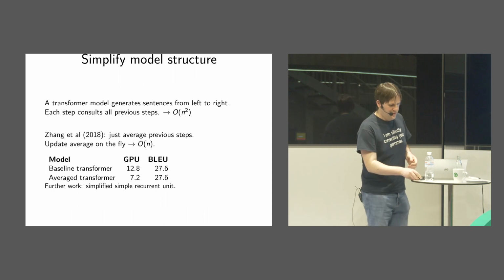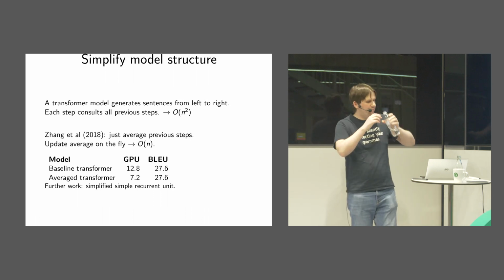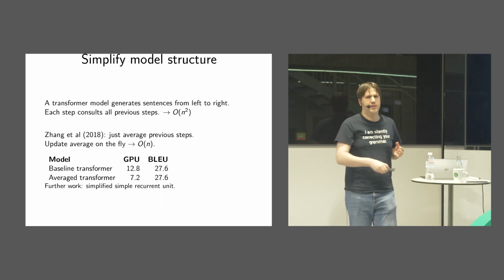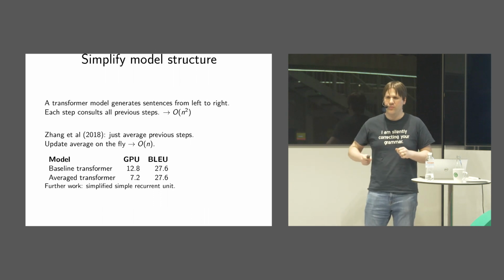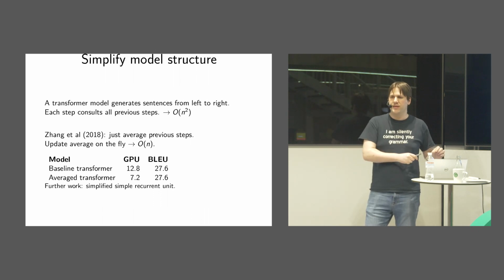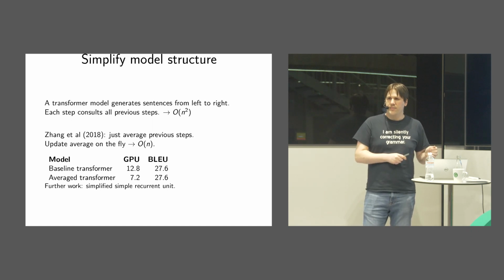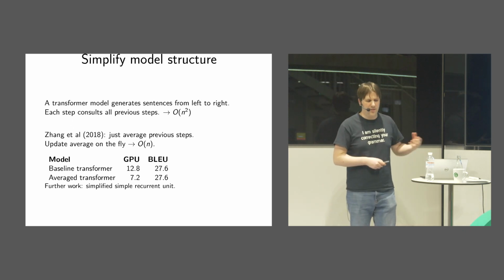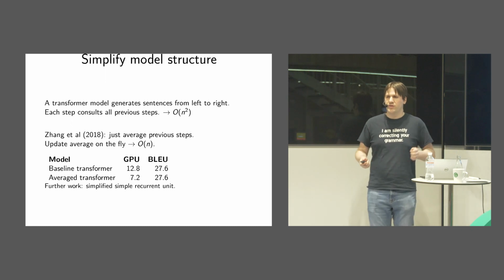Another thing we did was take a paper from this guy, Biao Zhang. In a transformer model, you generate a sentence from left to right typically. And each time it generates a word, it looks at all the prior words that it's generated. It does this attention mechanism to things, if you've heard of that. But looking at all of those prior words costs the number of prior words that exist in the currently generated translation. And if you sum all that up, it's an O of n squared algorithm to generate a sentence in this translation system.